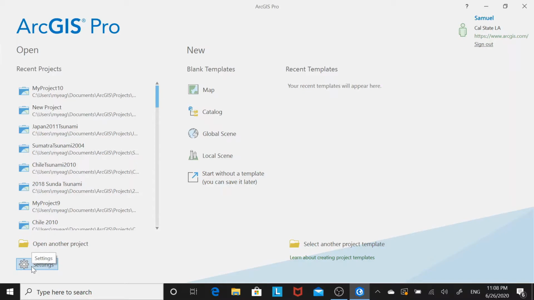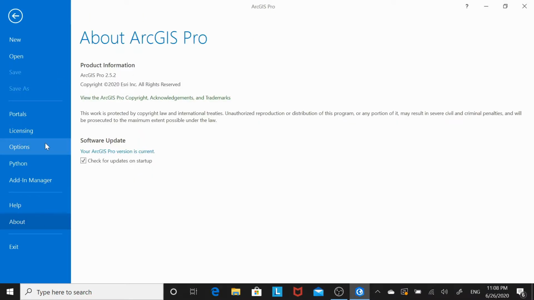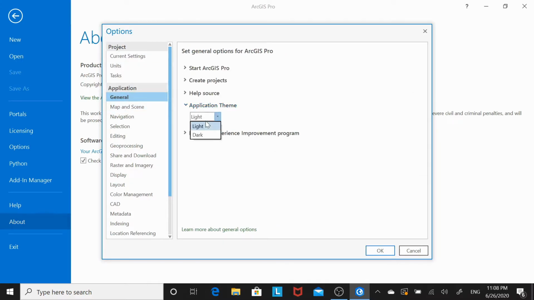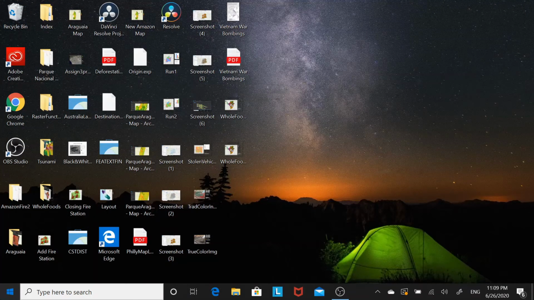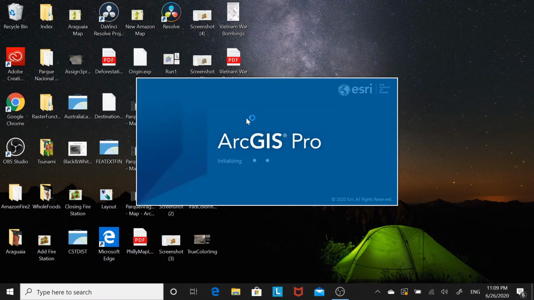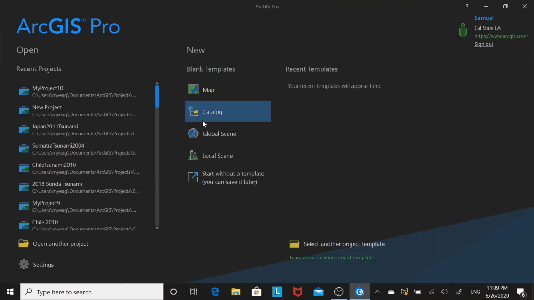So first we're just gonna go to settings. Next we're gonna go to options, and then general, application theme, and then dark. And then it asks us to restart ArcGIS Pro. So we're gonna close this, restart it, and it should open up with a dark theme. There you go. Now we got the dark theme,